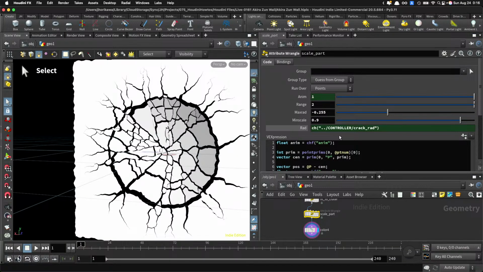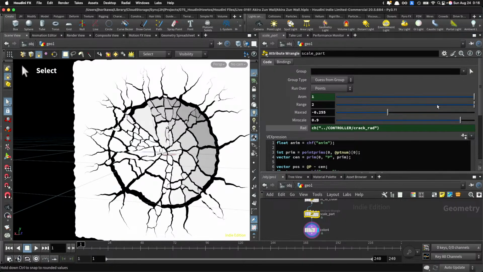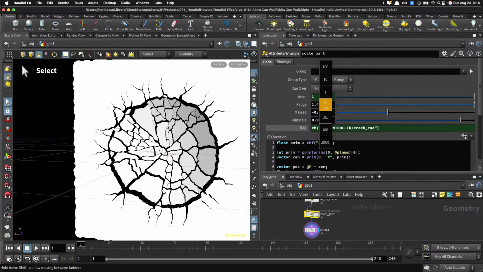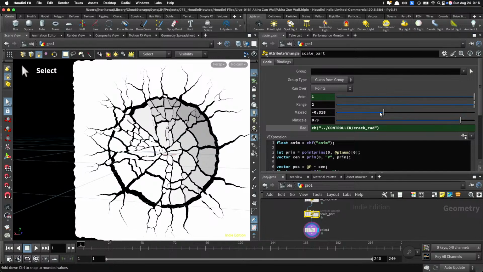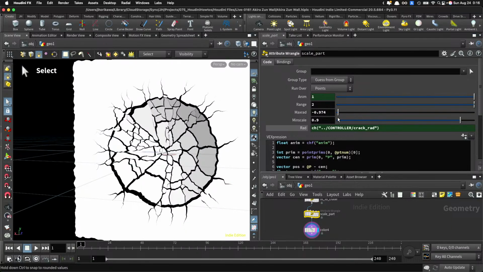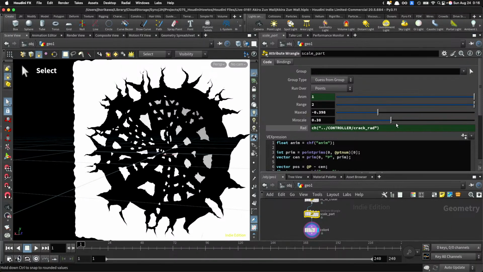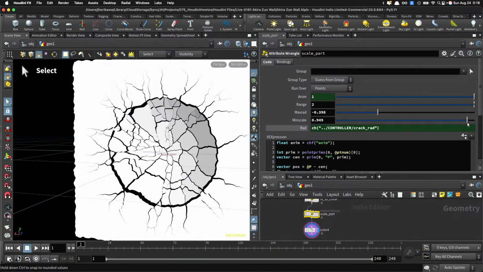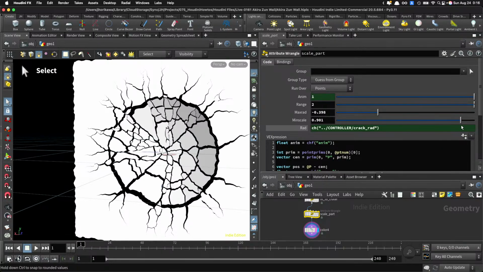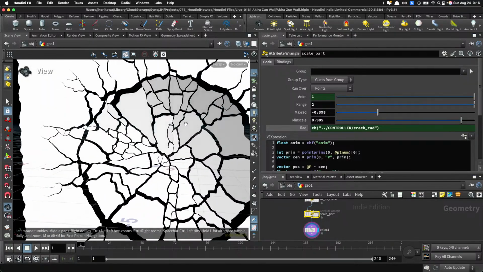So we have several parameters. Animation, the range values to control the smoothness of the crack scale, the maximum radius for the crack extension, and the minimum scale of the crack. Shouldn't be too small. Something like 0.9 looks fine to me. Yeah. Alright, then